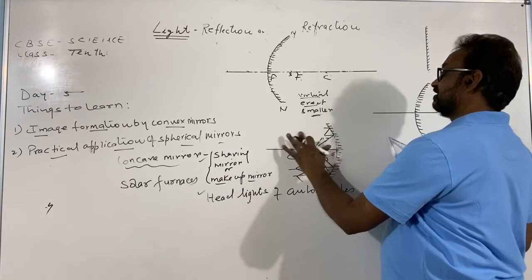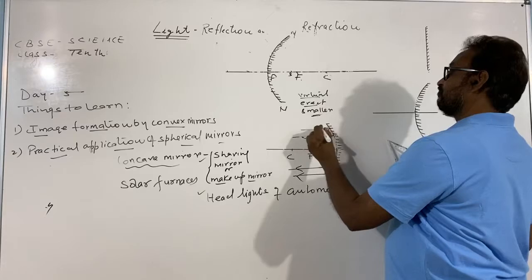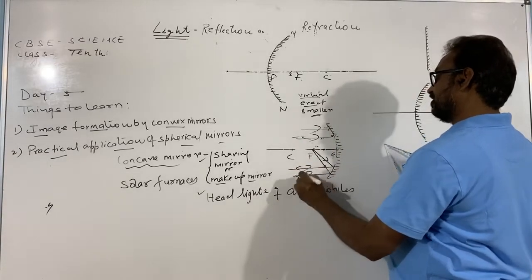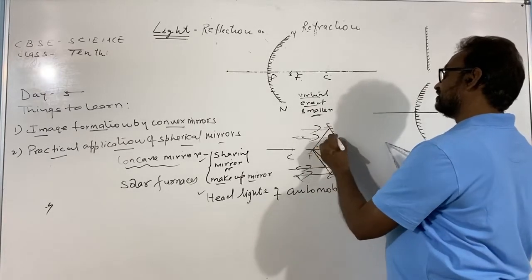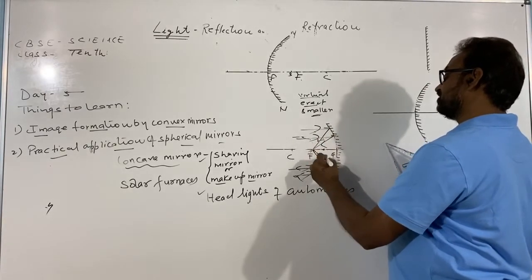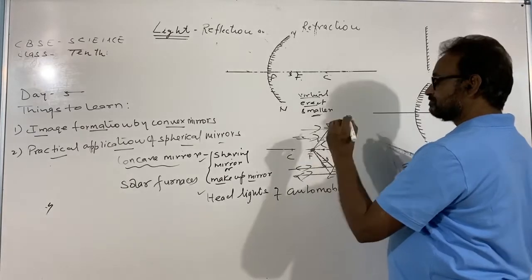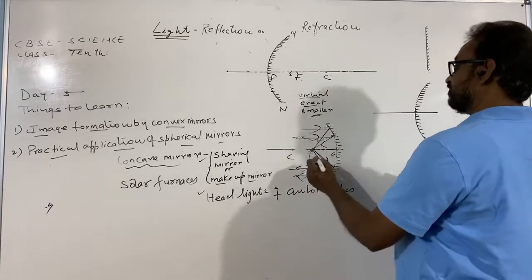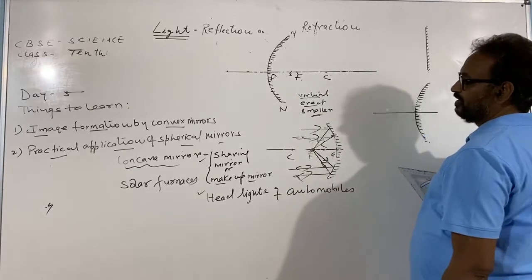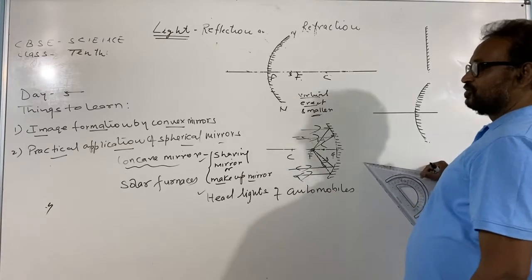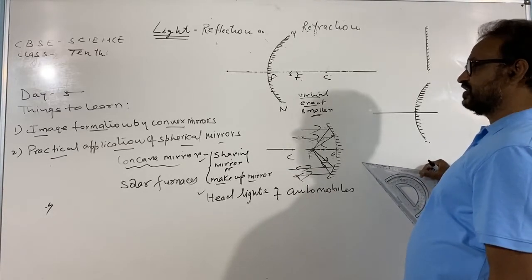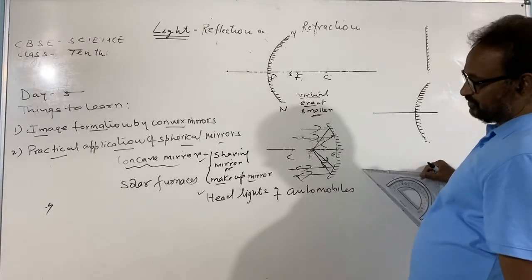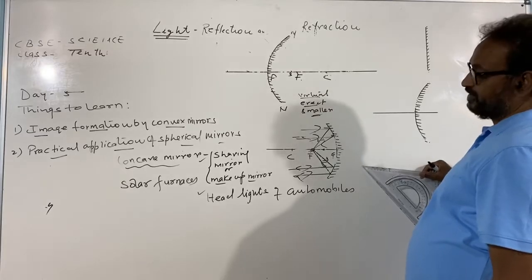The principle is the rays of the light coming from the sun are parallel to each other. They are reflected and converge at the principal focus. And the temperature at the focus is raised to a very high degree. So these are some of the uses of the concave mirror. Now let us discuss the uses of convex mirror.